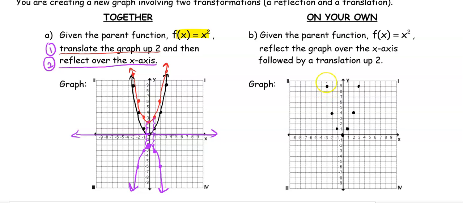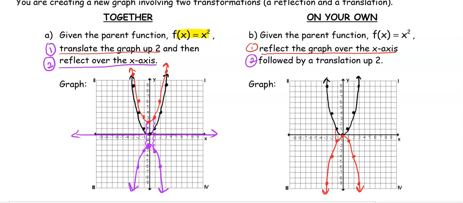But this time, it says to change the order. I'm going to first reflect the graph over the x-axis. Okay, well I'm at (0, 0), can't go anywhere. I'm 1 above, so now I'm 1 below, 1 above, 1 below, 4 above, 4 below, and then that point up there, 9 above, 9 below. So the first thing we did is we reflected over that x-axis, and then